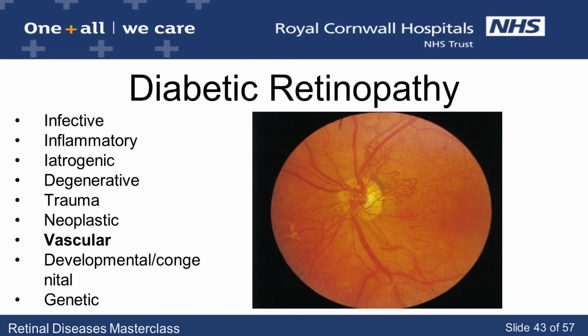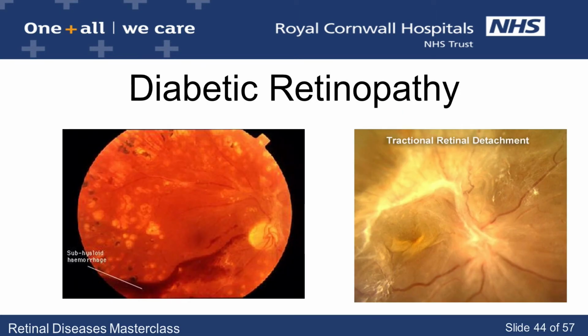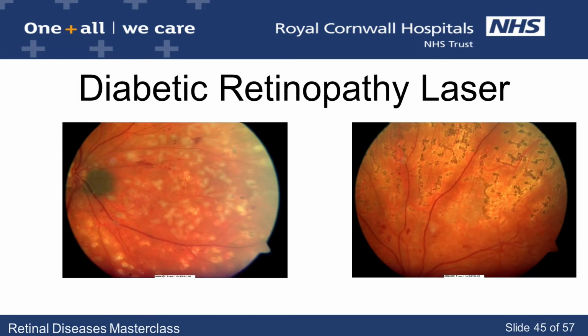disease process. Diabetic retinopathy is well known to all of you, but just to recap, is characterized by the development of new and fragile blood vessels which do not restore the oxygenation of the retina, and this can lead to detachment of the retina and lifelong blindness. Of course, if we pick it up early, we can treat it with laser, and the picture on the left is a picture of fresh laser burns, and the picture on the right is of old laser burns to the